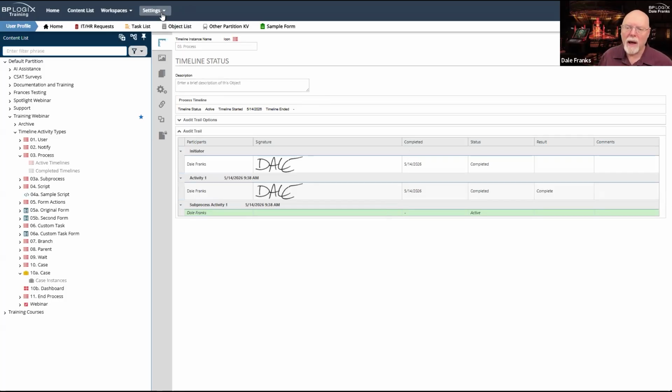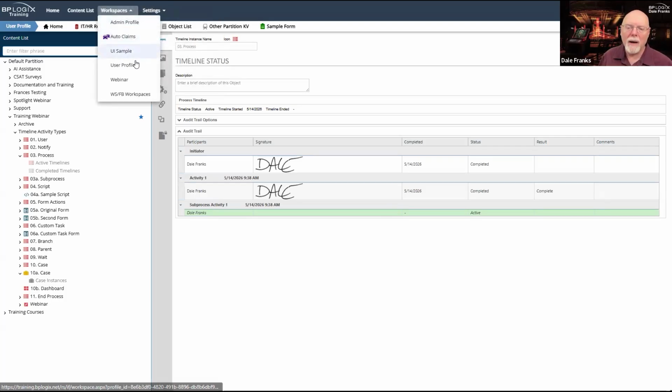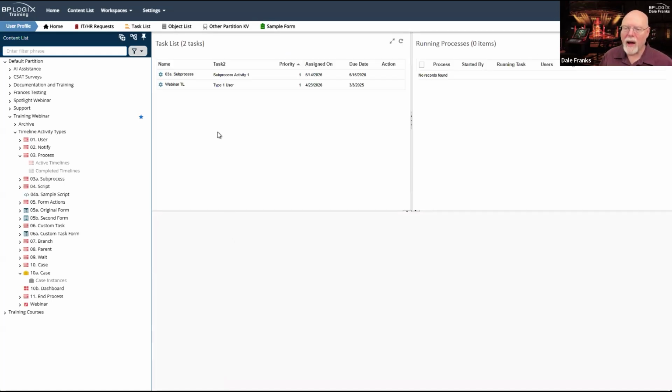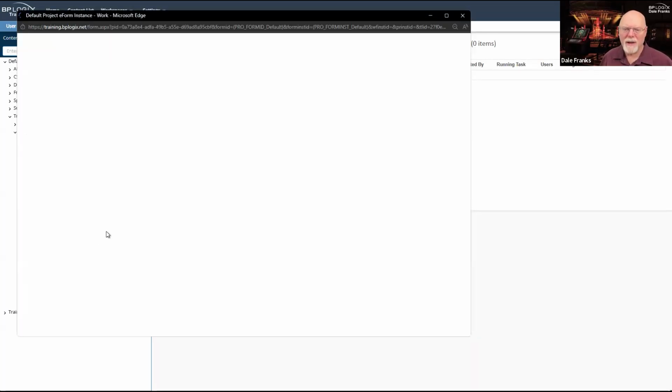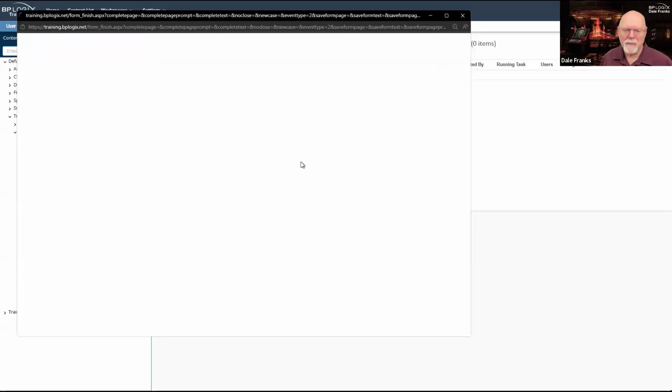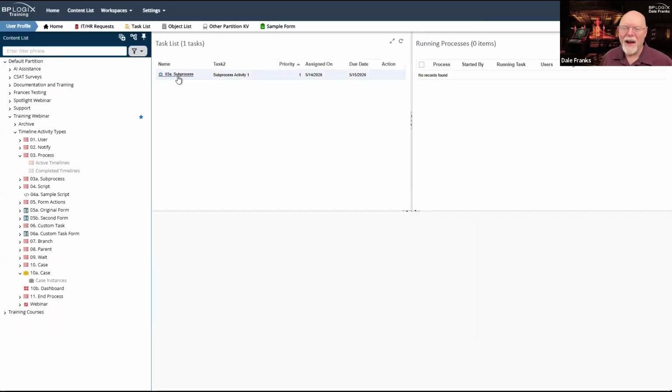So in my case, what I would need to do is go into my user profile workspace, and then I will have a task here, sub-process activity 1. I've also got this. This is an artifact. Let's complete that. And here we are. I am now in 03A sub-process. So my sub-process is running.